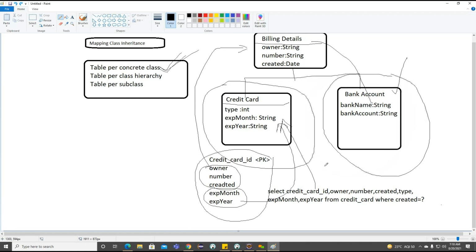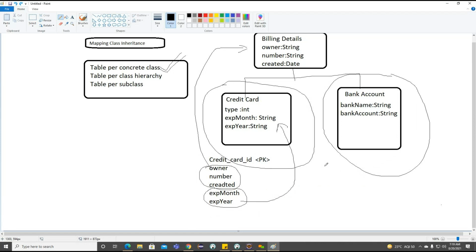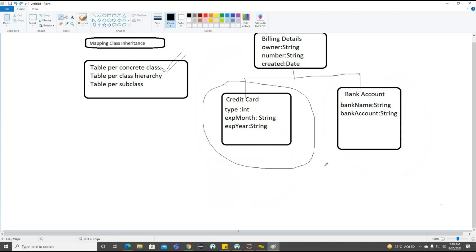Okay. So if we don't have anything here, now I will try to clear this console. Now we need to understand the second one, table per class hierarchy. How is it going to work with the help of these three classes? This is our super class, getting the point. This is our super class and this is our subclass. This is also one of the subclasses.